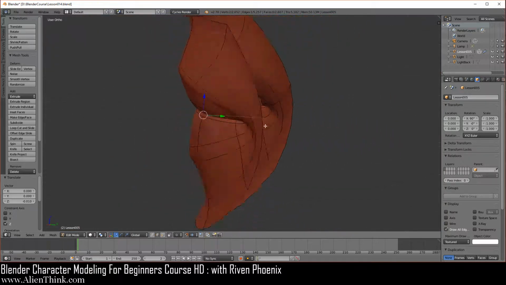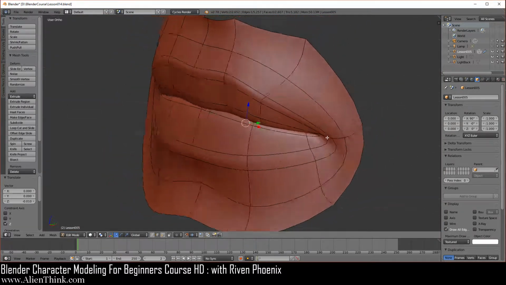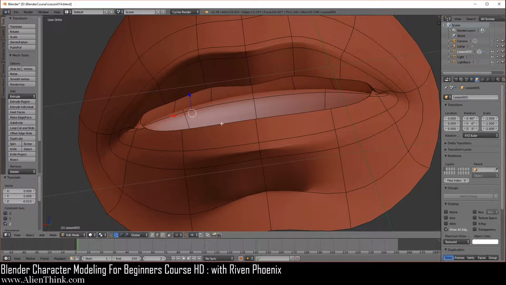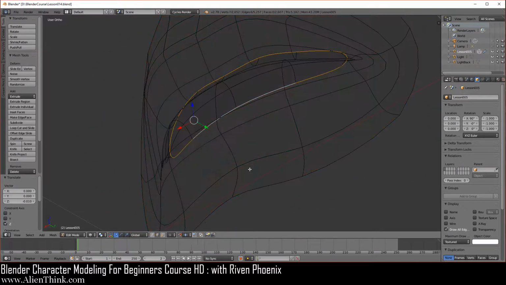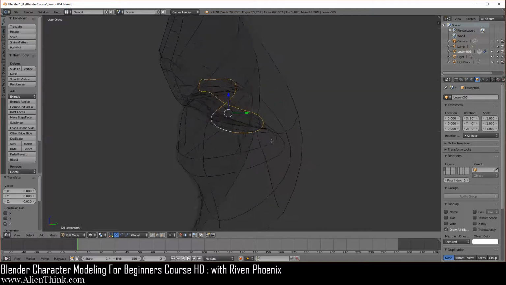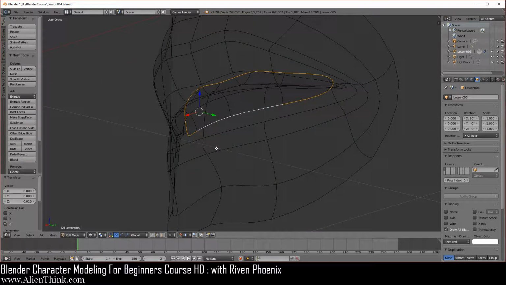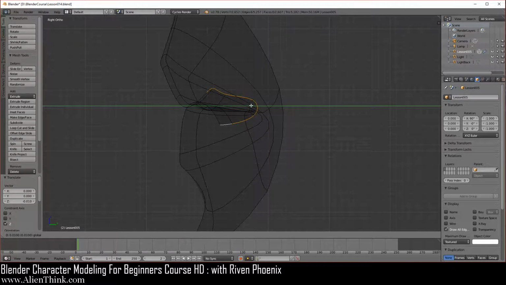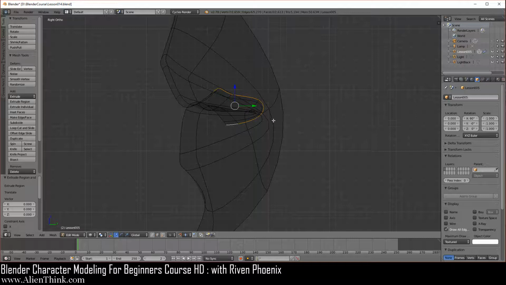And if you do middle mouse button, you'll see that it simply just makes sure that it's closed over here. So what you want to do is press the Alt key and just right click on this edge. If you press Z, you can see that what we're doing is simply just selecting this whole circle. Okay, so we're going to go to the right view. We're going to bring this out 1 and then 2. Press the E key, right click to get out of it, which extrudes it.